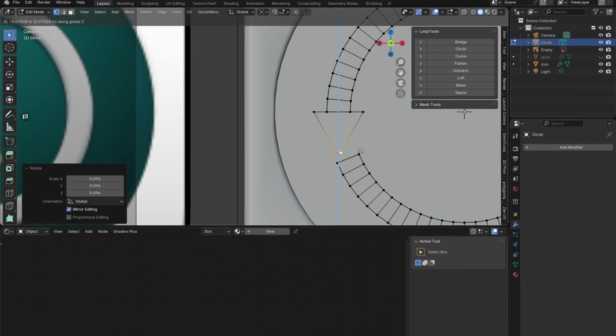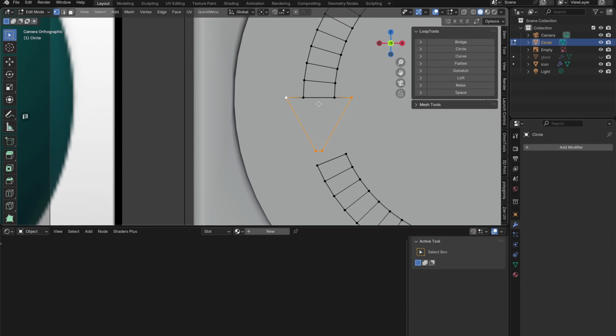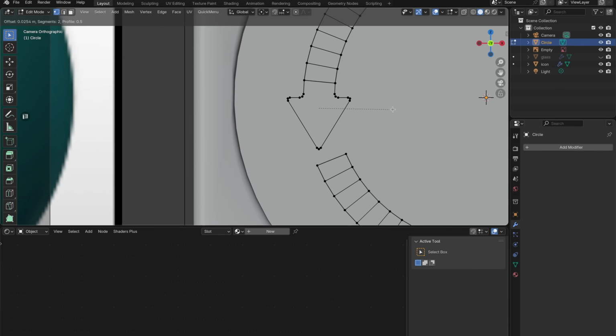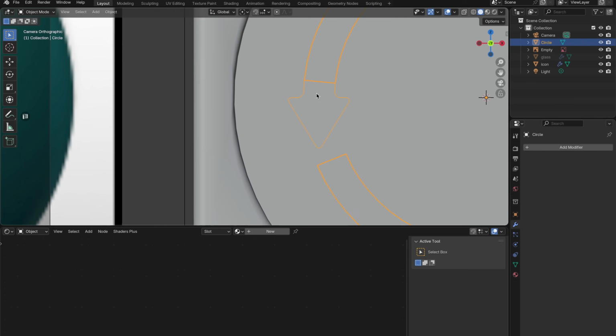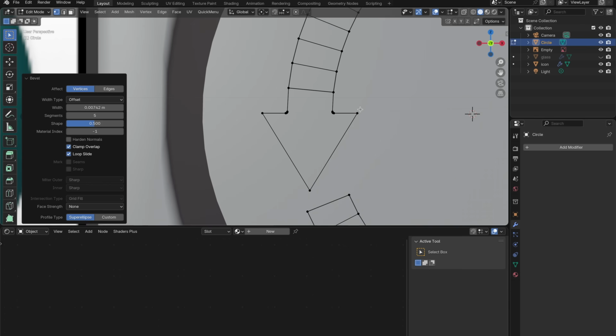With my idea of a glass sphere abandoned, I went ahead and started making this arrow by just adding a circle, extruding it inward, and then modifying the end of it to be this sort of rounded arrow shape. And you can see I didn't do this perfectly the first time around. In fact, it took me a handful of tries. And then I finished it, realized it wasn't the right size, so I did a bunch of scaling on it,